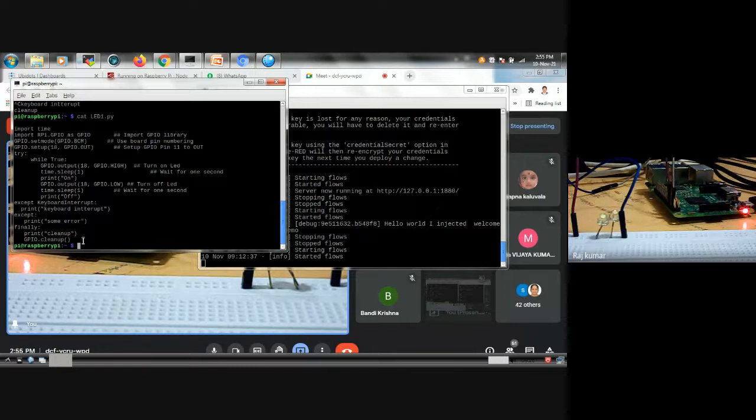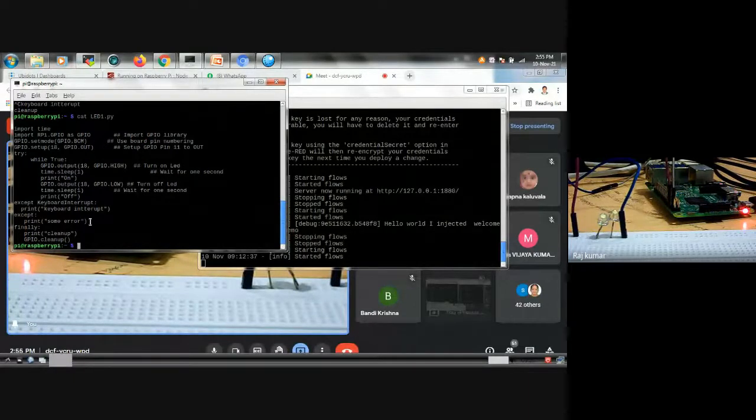The same programs we have now seen have some 10 to 12 lines of code, but in another way also you can do it. We'll try to execute this on Node-RED, and see how easy it is going to be. That is the motto behind why we have kept Node-RED as one of the topics of this particular FDP. It is totally codeless, you can say. Mostly a little code you can use in your Node-RED programming.